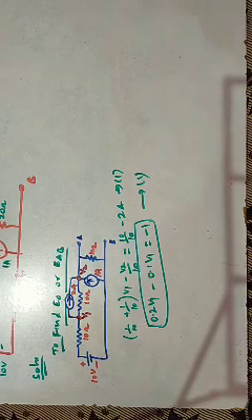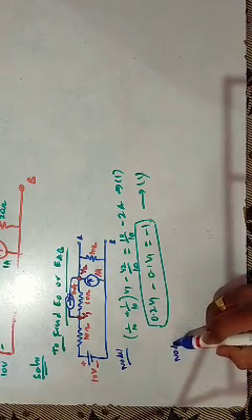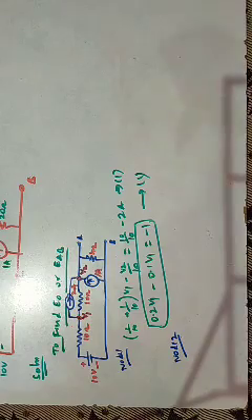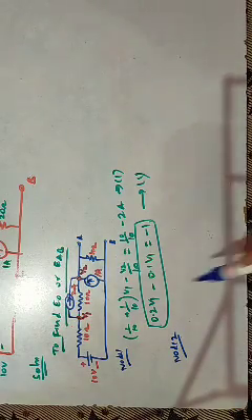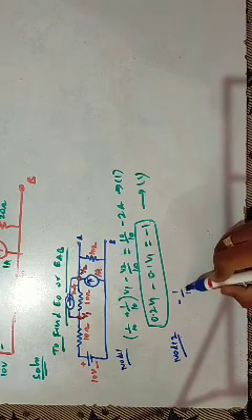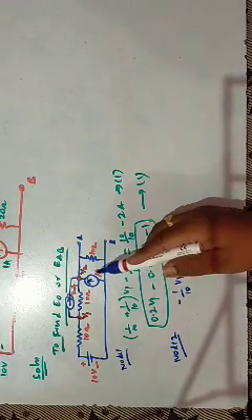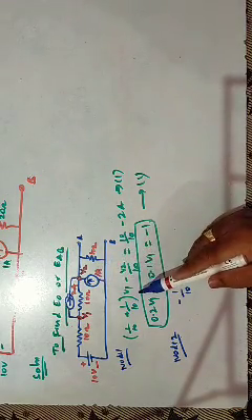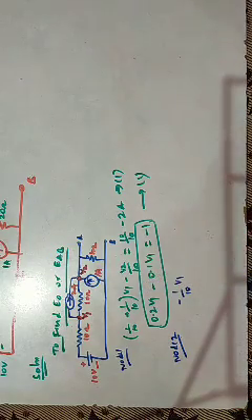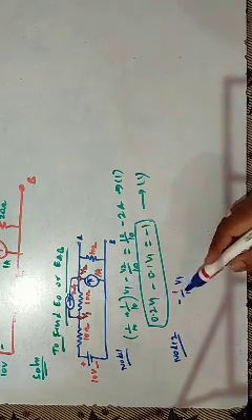Similarly, applying node voltage analysis for node 2. This was for node 1, and now for node 2, let's see what happens. For node 2, a 10 ohm is connected from node 1, so minus 1 by 10 V1. In the previous class, we discussed that for node 2, the node 1 parameters are negative, and for node 1, node 2 parameters are negative. Already discussed while discussing node voltage analysis. So at node 2, this 10 ohm is connected to node 1, because of that minus 1 by 10.